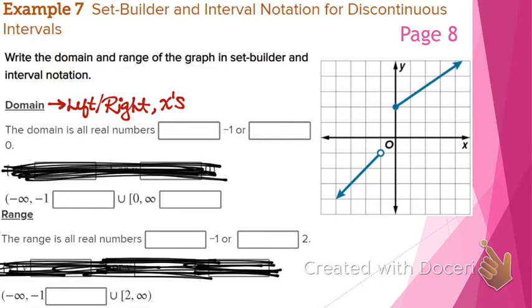The graph is on the left-hand side of -1. Are these numbers over here bigger or smaller than -1? Smaller. So they are less than. The domain is all real numbers less than -1 or